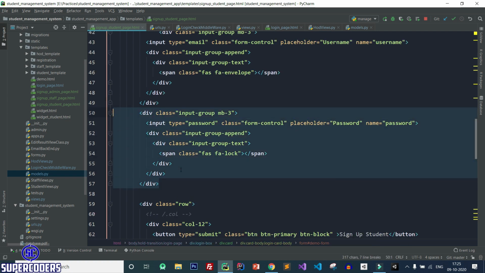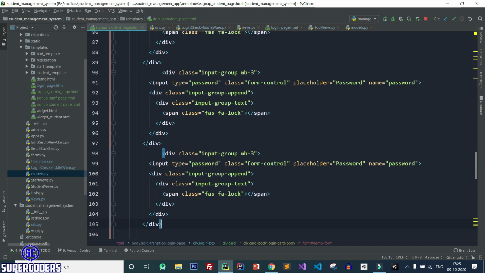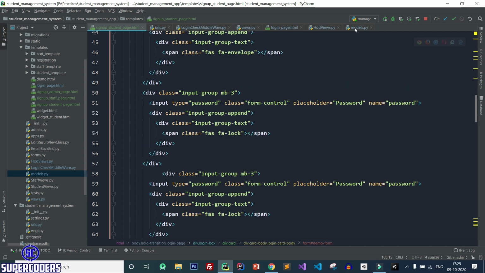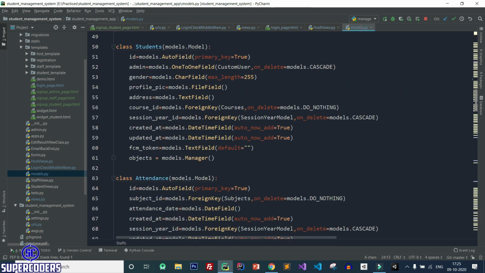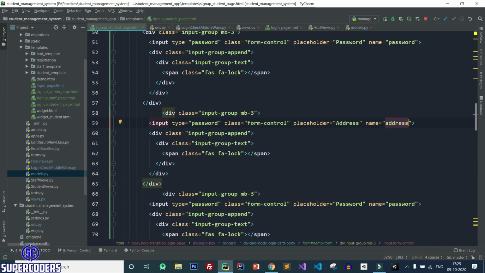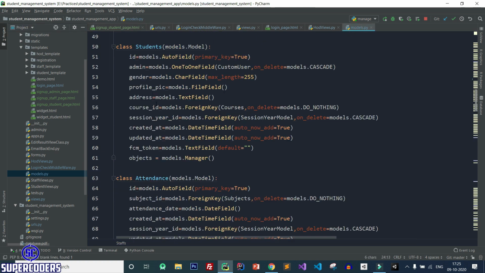So copy this multiple times, copy paste, and after password change this to address, after that change this to text, and let's see the next input, which is dependent data. So let's add this field also.